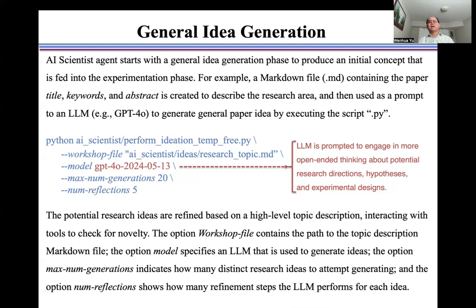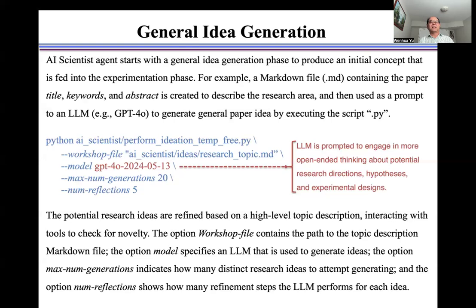For example, a markdown file containing the paper title, keywords, and abstract is created to describe the research area and then used as a prompt to a large language model to generate general paper ideas by executing the script P1, as shown here. The potential research ideas are refined based on a high-level topic description, interacting with the tools